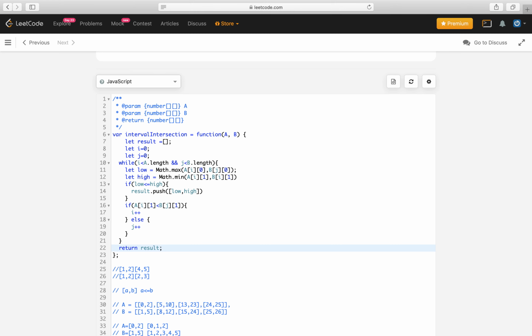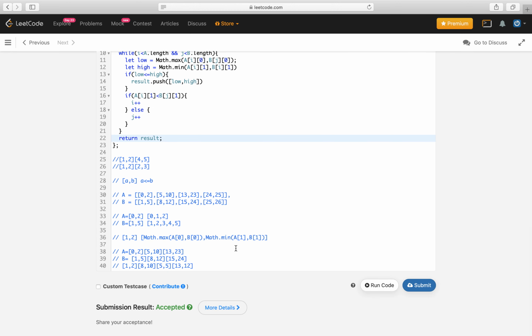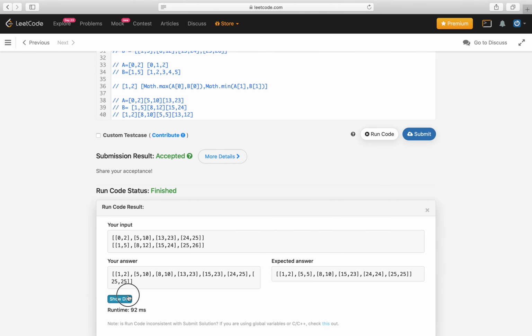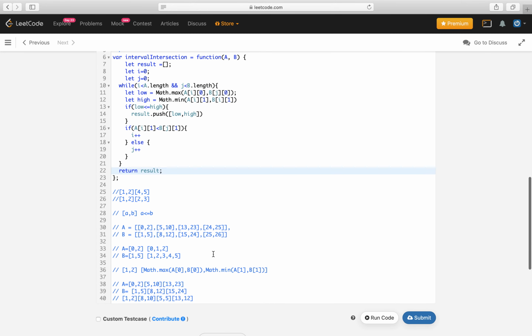Okay, so let's try to run the code. If we see this, we are not getting the correct result, because it should be j, sorry. The counter for B is j and the counter for A is i.